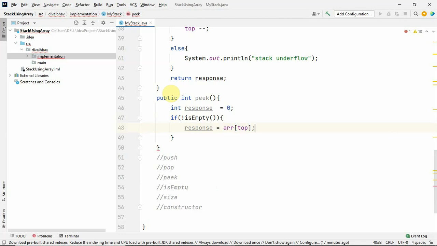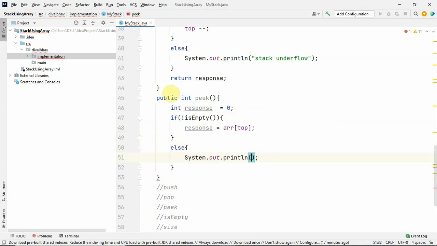Now we are not decrementing the top. Why? Because peak will only return the value which is present at the top, and will not change the top. Now in the else part, if our stack is empty, we will print a message, stack is empty.